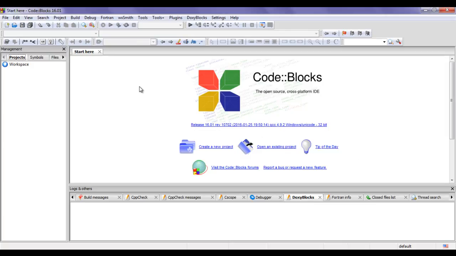As I told, at the top, we have the title bar. In the title bar, you find the title of the currently open page. At present, the start page is open. Its title is Start here. The same thing we are seeing here. Also, it is showing us that version 16.01 of CodeBlocks is installed. On the left hand side, it is displaying a CodeBlocks logo or icon. If I click on the logo or the CodeBlocks icon, we get a context menu. With the help of this context menu, we can perform different operations on the CodeBlocks IDE or the window.